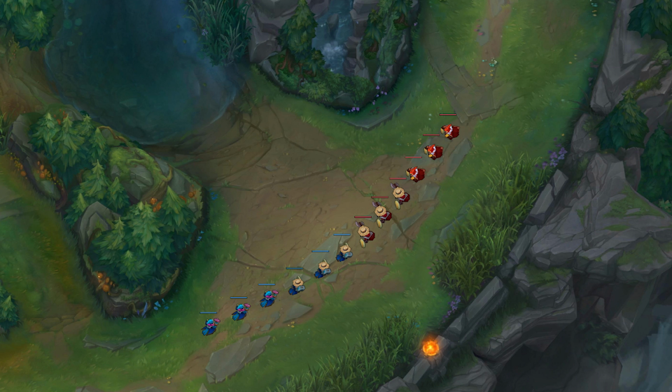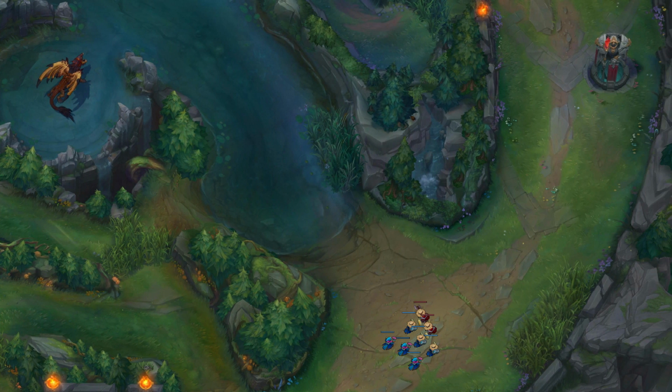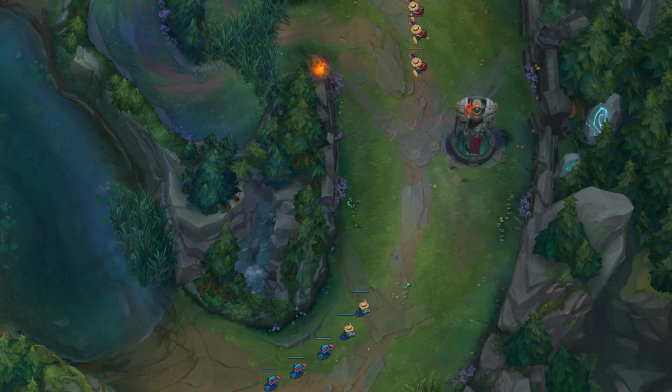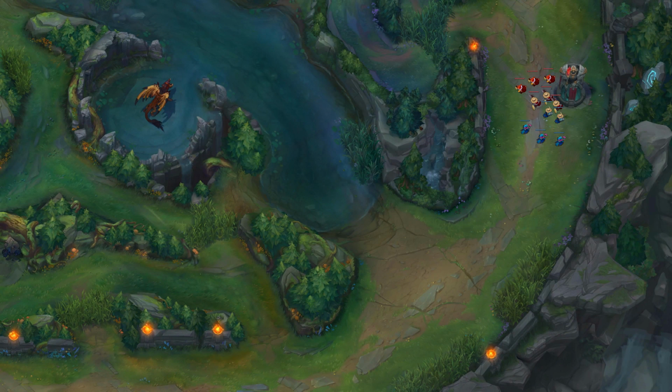hence the word reset. Bouncing is similar in action, except the results are a little different. When you bounce, you're fast pushing with the intent of your minion wave not dying before the incoming wave gets there. By doing so, their incoming wave gets halted here while your minion wave dies. Now, your incoming wave has moved up here, and when the enemy's wave finishes off your current minion wave, they